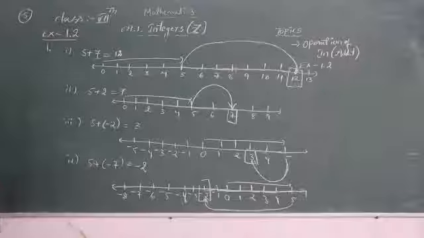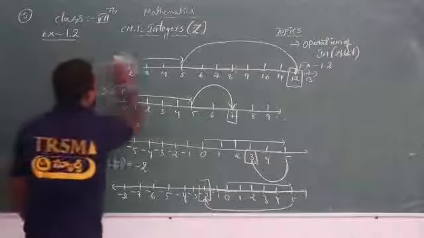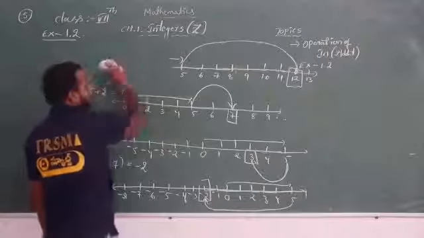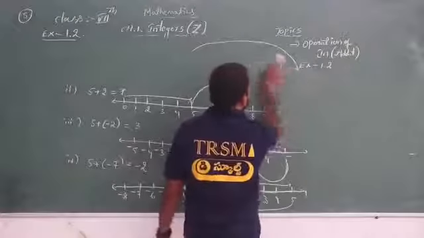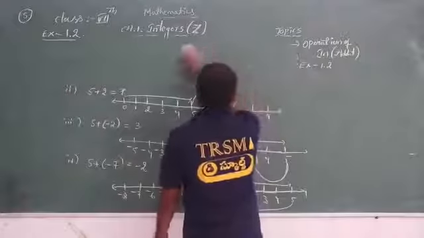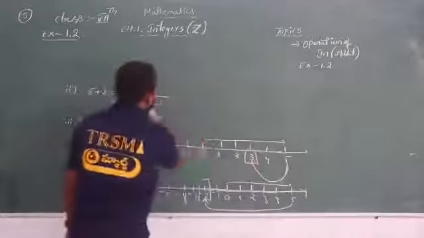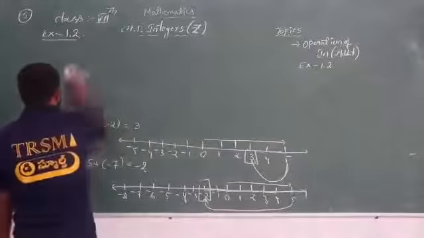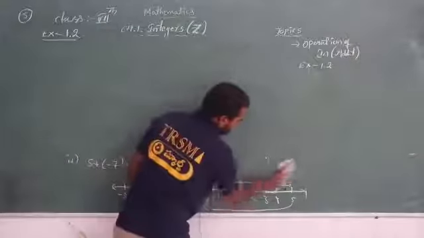Okay, now see the next problem in the exercise. The second problem, it's just simple: evaluate is given. Evaluate means we have to simplify directly and just write the answer. The first one we did on the number line, right? The second one, you directly add the numbers and write the answers. Okay, so see the questions.